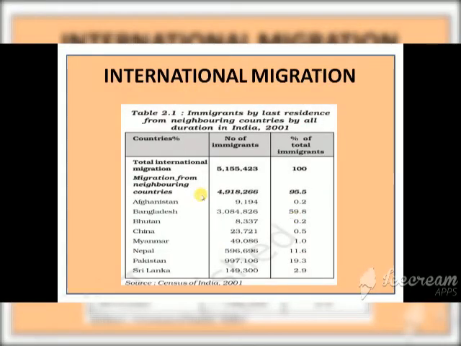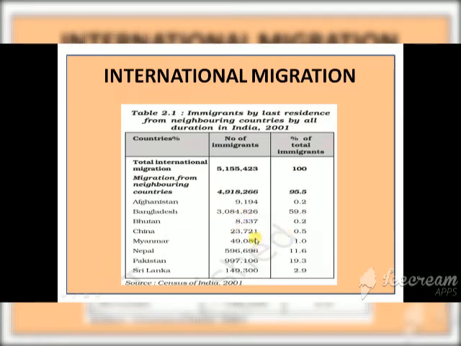Now international migration, like the migration from other places, many people come to India. This is data of 2001. According to this data, from Afghanistan how many migrants do we have? Total number from neighboring countries we have 4,918,266 immigrants in India, which if we convert in percent, will be 95.5%. From Afghanistan it is 9,194, Bangladesh 3,84,826, Bhutan